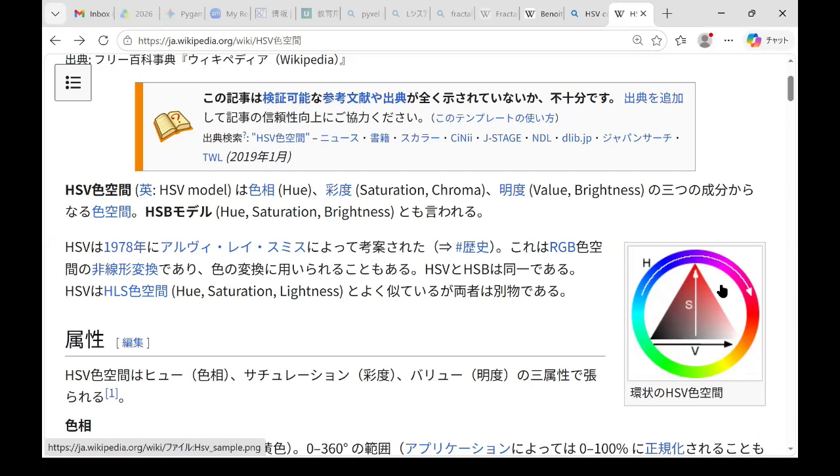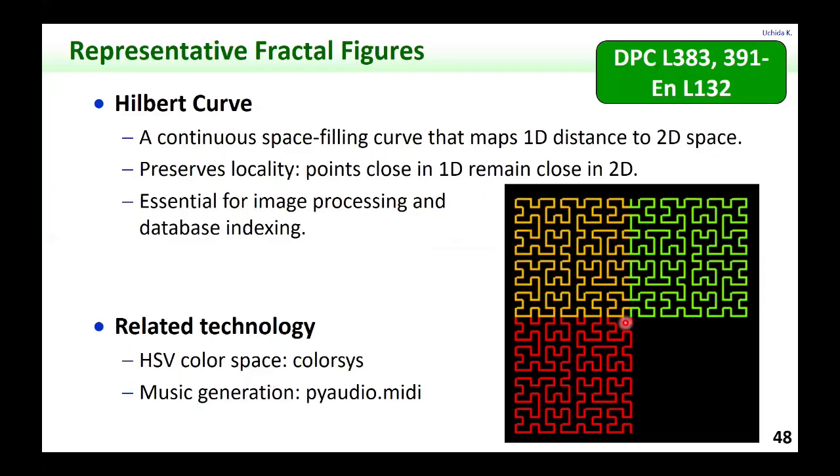So it's like going gradually from low frequency color to high frequency color. So this is one interesting way to use color for this coloring. Here I use red, yellow, and blue. Also, if you're interested in music, you can use pyaudio.midi to play with this Hilbert curve in my video. Okay, anyway,